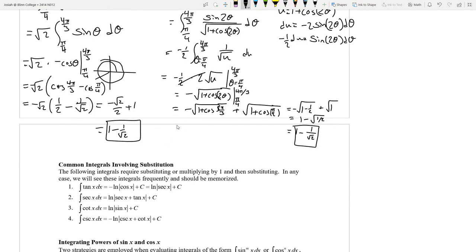So it says the following integrals require substituting or multiplying by 1 and then substituting. And so these should be memorized, it says. So these guys are important enough to memorize. The first one we see there is the one that we did back up there, tangent of x. And notice that we have in that first line the answer that we came up with, negative natural log of